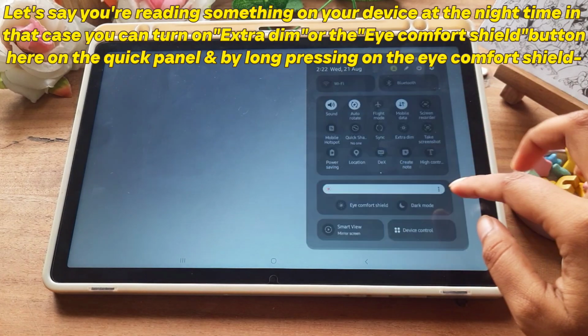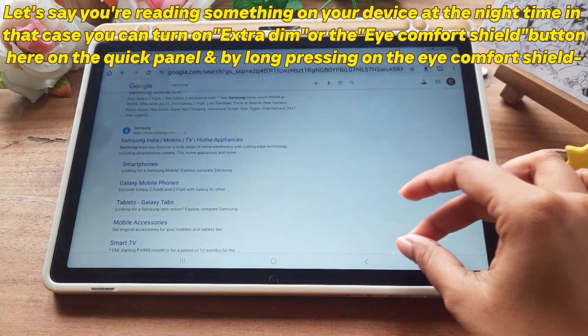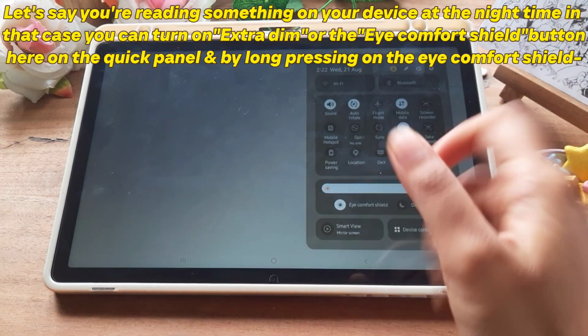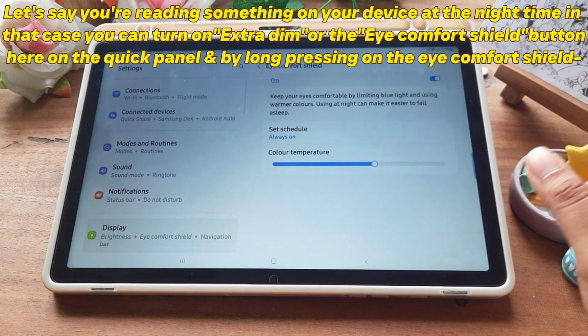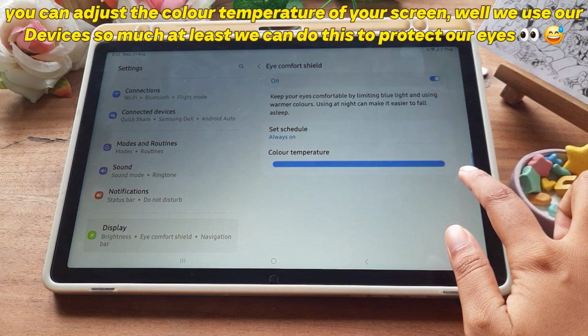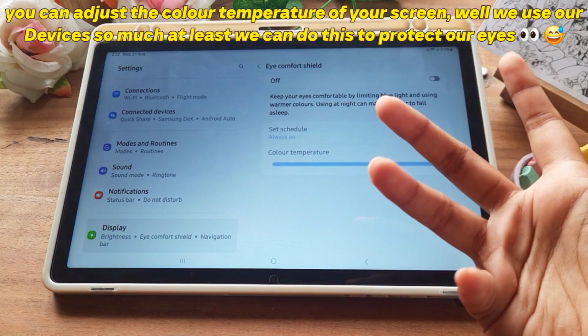Let's say you are reading something on your device at the night time. In that case, you can turn on the extra dim or the eye comfort shield button here on the quick panel. And by long pressing on the eye comfort shield, you can adjust the color temperature of your screen. Well, we use our device so much, at least we can do this to